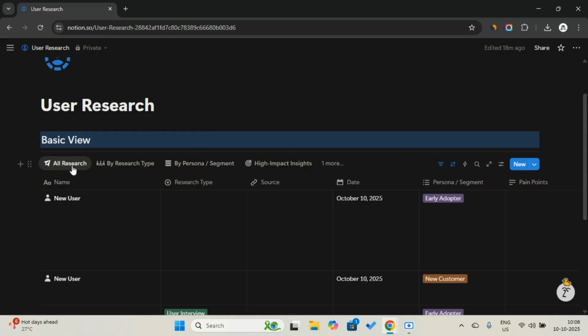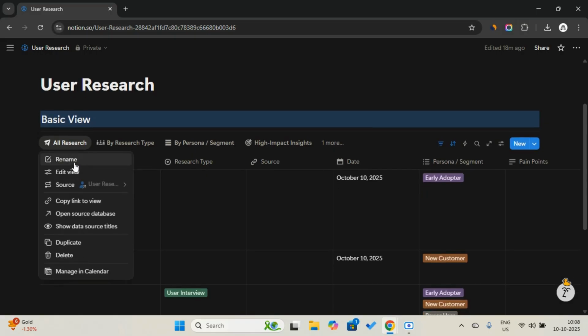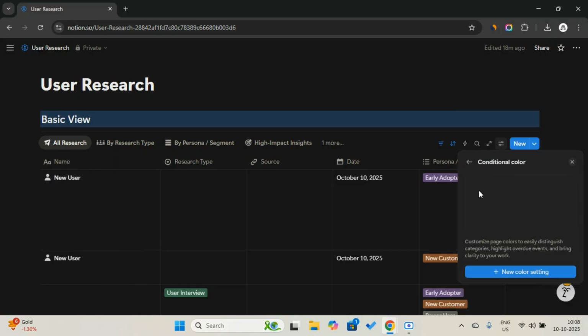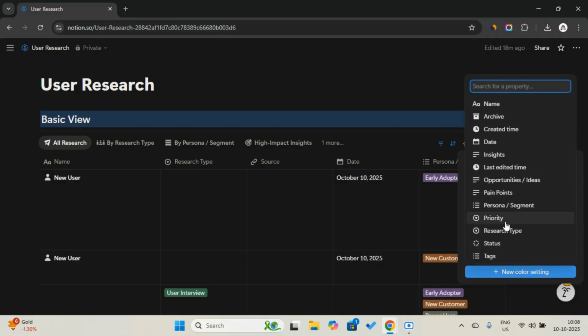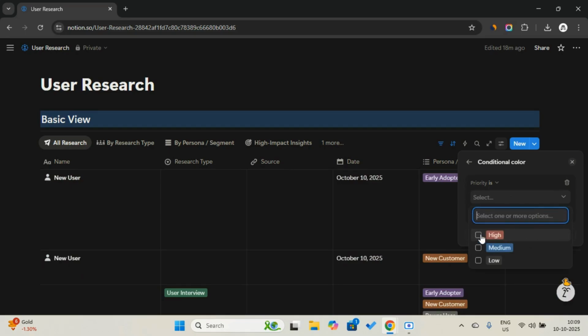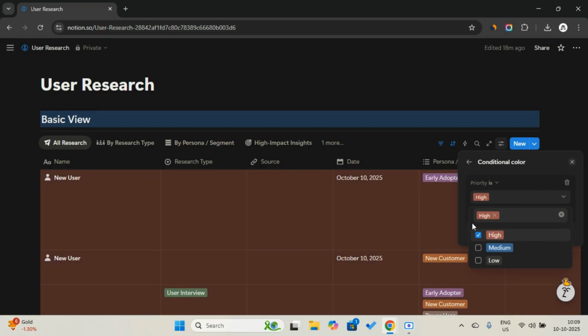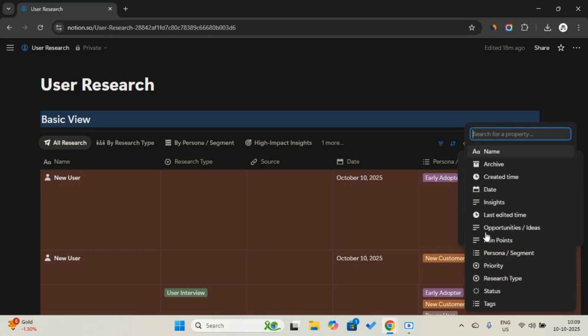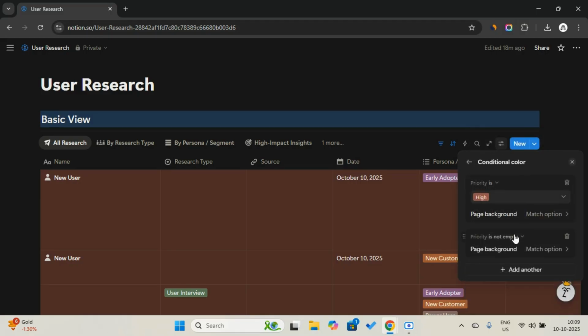Oh wait, before that, I want to create something cool, right? Like when I create in this view, let's edit view and create a conditional color, a new color setting. I want to see the priority is high. I want to see all the high priority as red color. Okay, and I want to see the priority is, let's say, medium and green. And change this color to blue. There you can see all the high and medium in blue color, and then